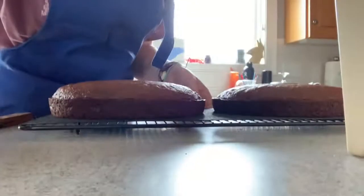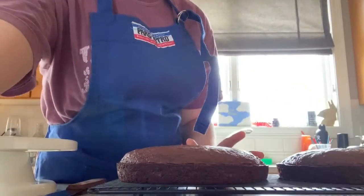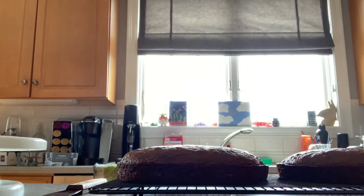Hi, so today we're gonna be decorating a cake. I already pre-made my cakes. I have 2 little 9-inch chocolate cakes and 1 vanilla over there, and we're going to stack them and decorate them. So the first thing you have to do is level these out,